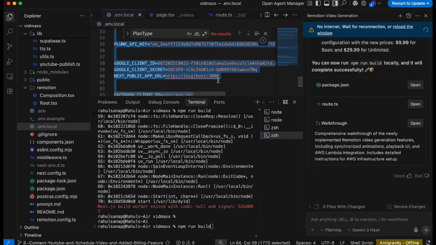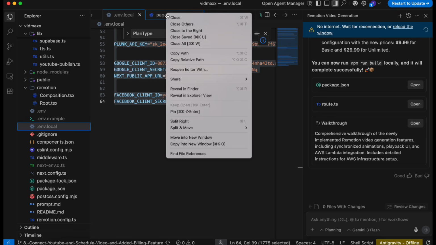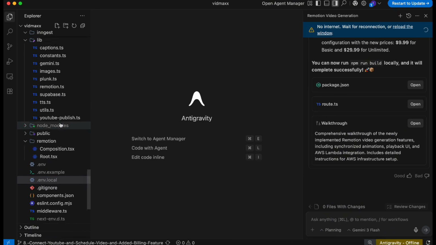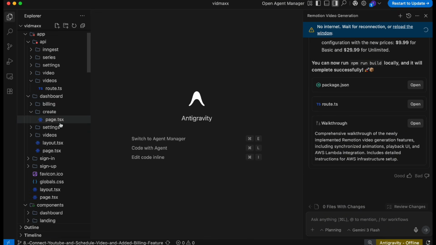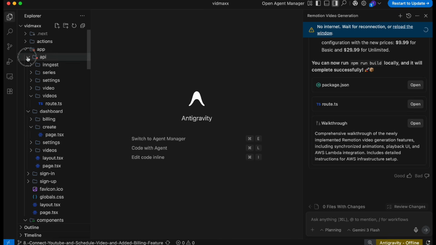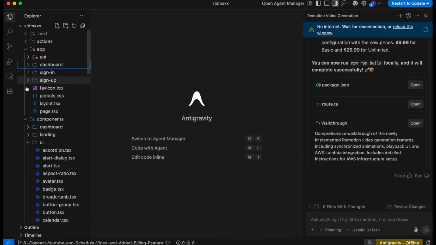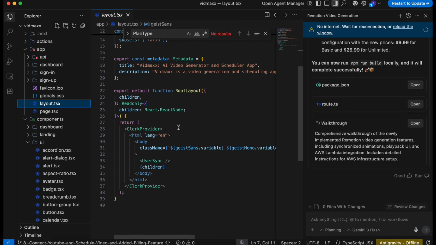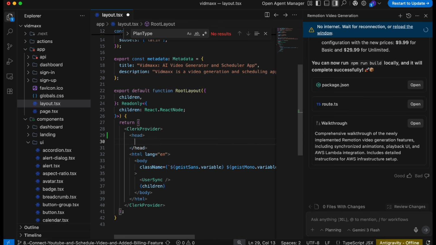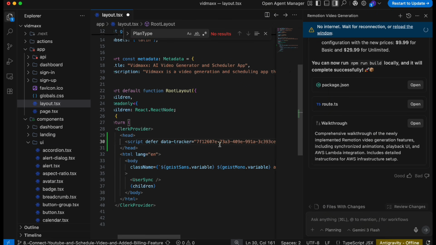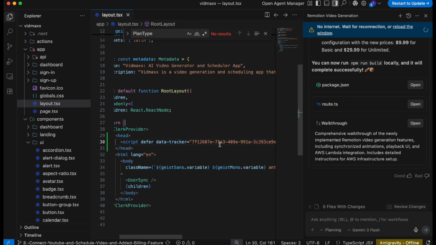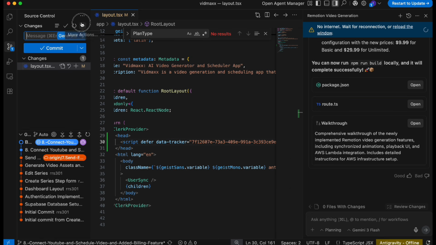So inside the Antigravity, I will close all of these tabs for now and simply go to the layout page inside your app folder. Okay, so this is the root layout, and inside this I will add a head tag and then paste this script and save it. That's all. Once you've made this update, create a new branch